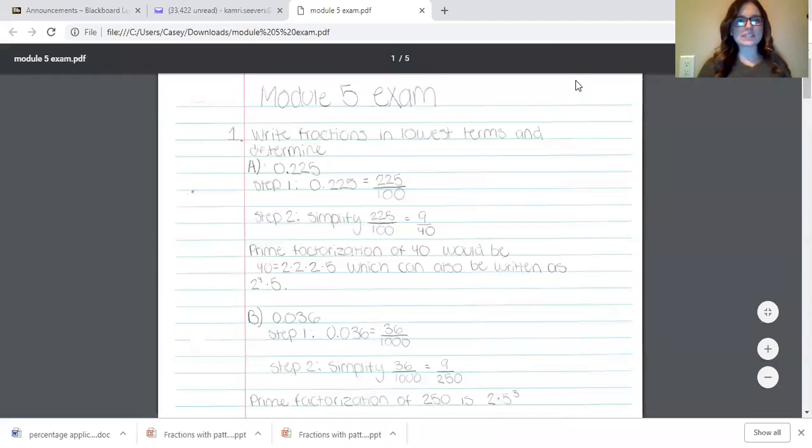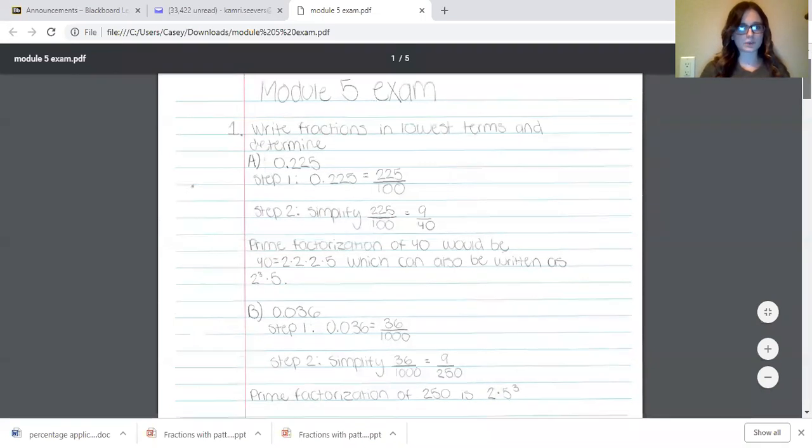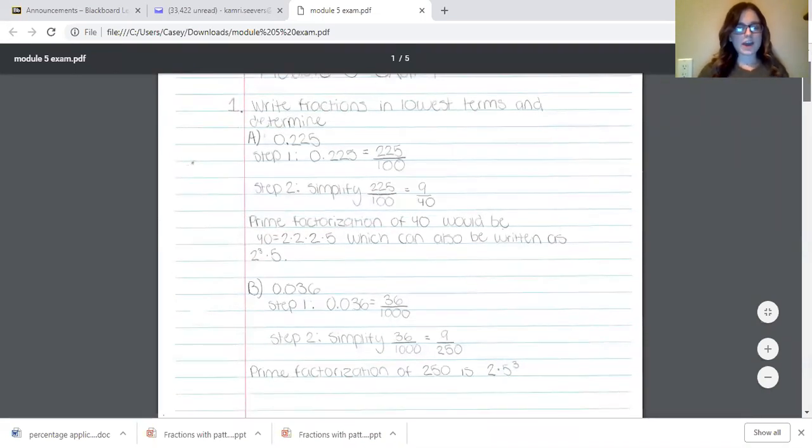Hi guys, so today I'm going to show y'all how I answer my problems for our Module 5 exam. So let's start with number 1. For number 1, we were to write fractions in lowest terms and then determine the prime factorization of the denominators that we get. So for A, we have